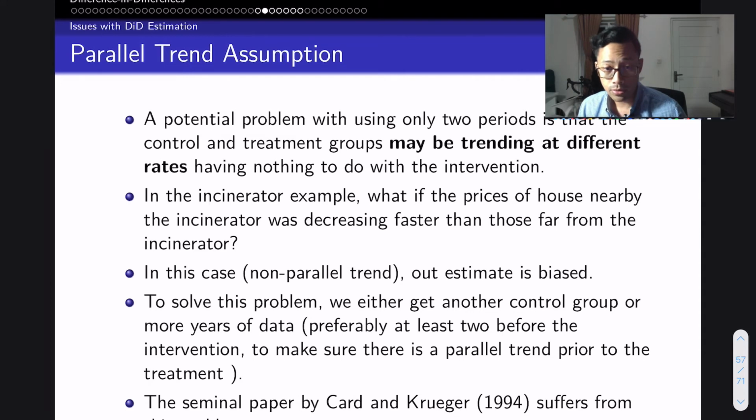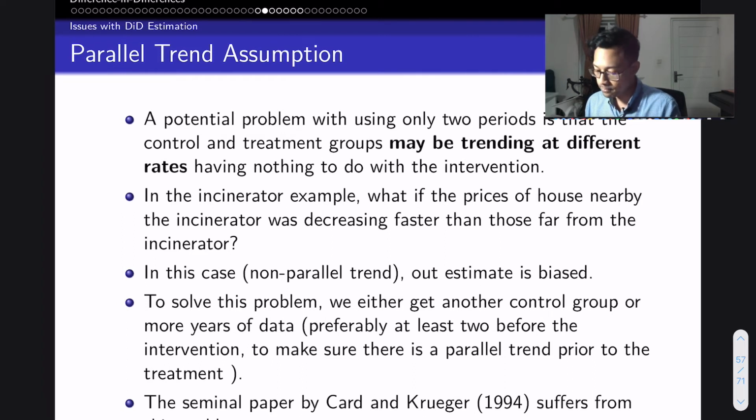There will be an issue if the trend is actually not parallel. So for example, the trend for the control group is actually steeper than the trend for the comparison group, or vice versa. In the incinerator example, what happens if the prices of houses nearby the incinerator were decreasing at a faster rate than those far from the incinerator? In this particular case of non-parallel trends, we may obtain a biased estimate of the effect of the garbage